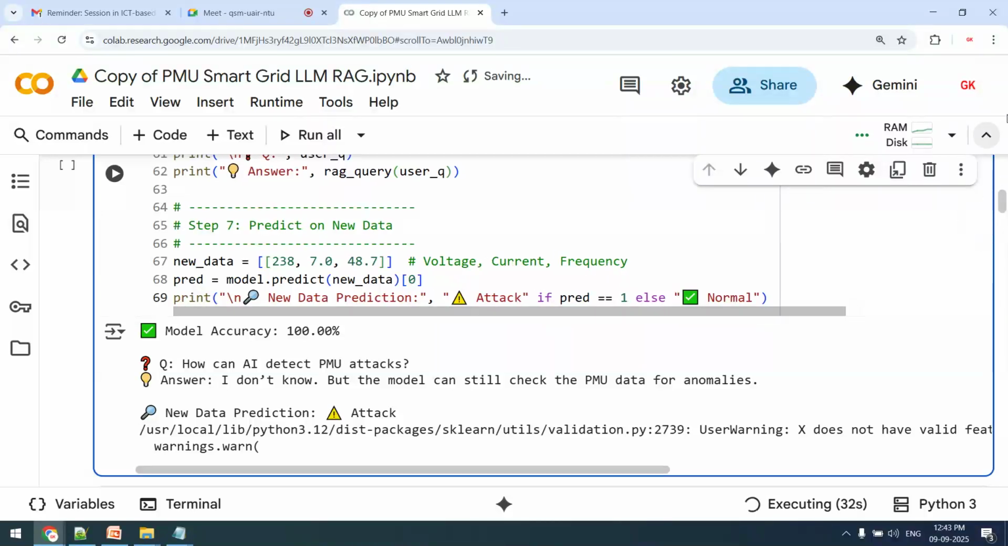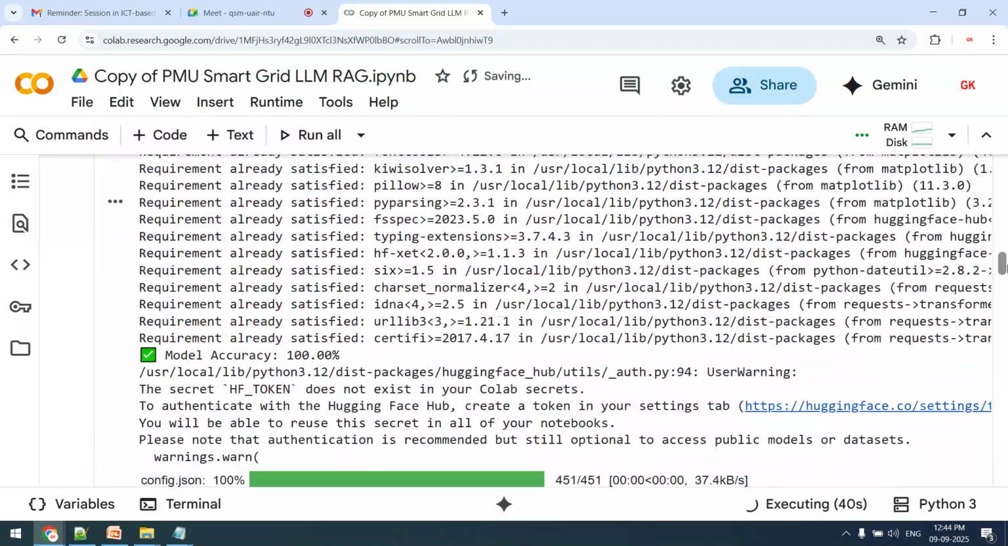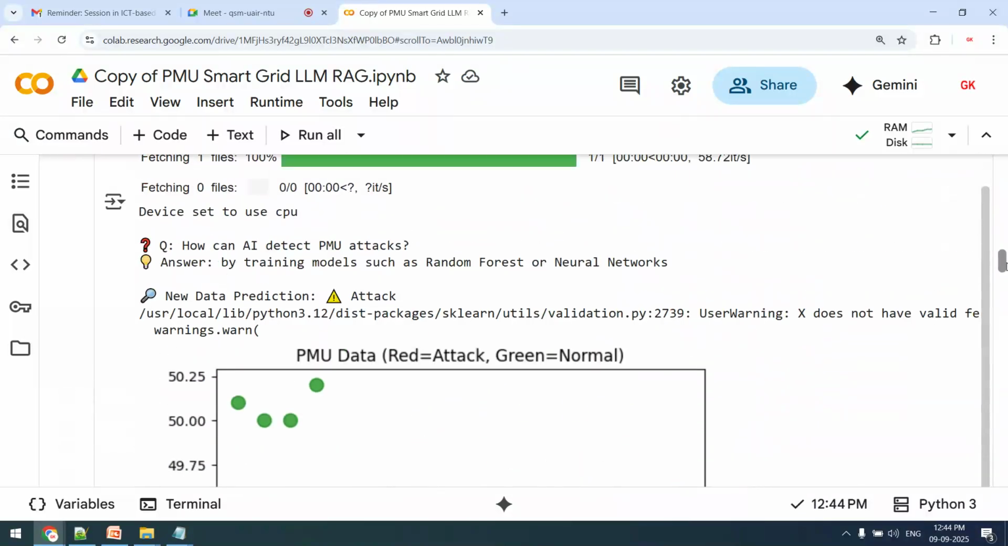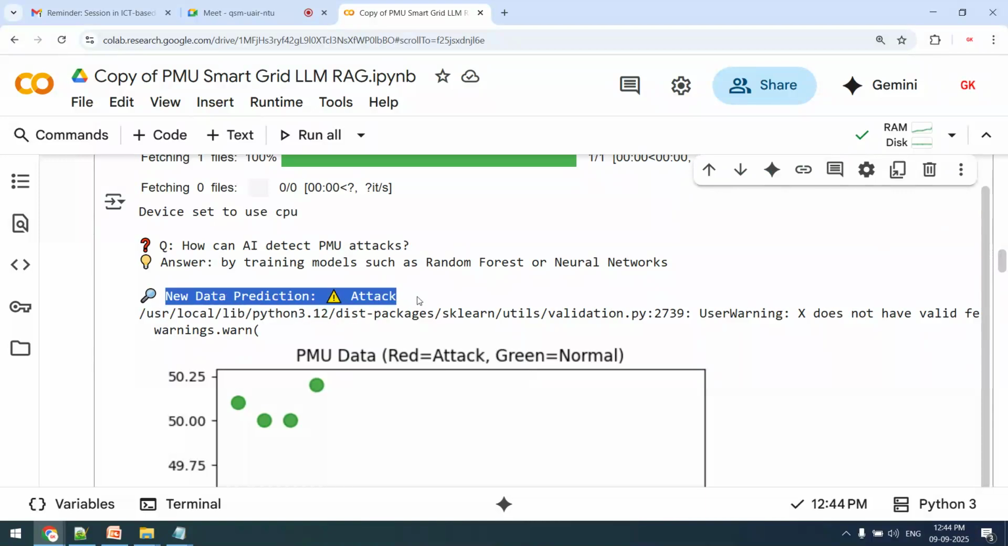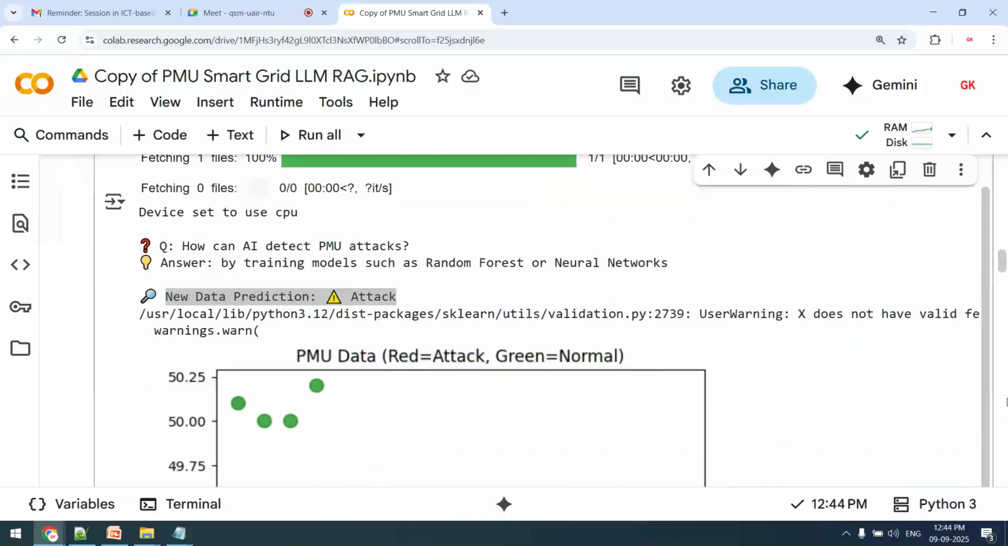Now you can see this one. Okay, so it is running now. It is downloading that complete model. Whatever data we have put, the new data prediction is attack. Which data has this attack pattern? This one. Which data do we want to analyze? This particular data we want to analyze, and it is identified as an attack. This is an attack, and along with that we want to see